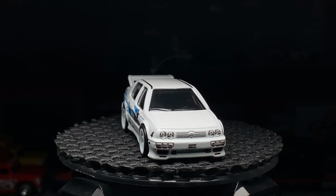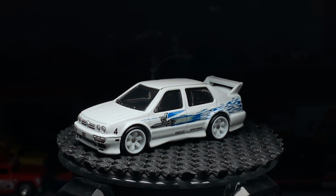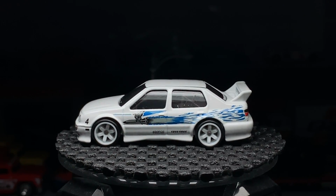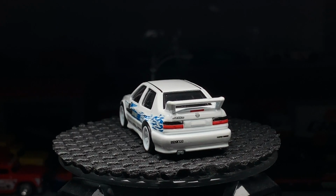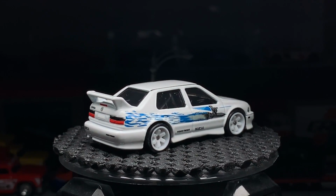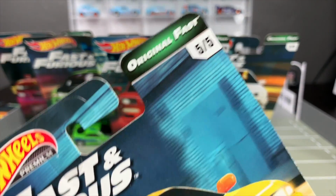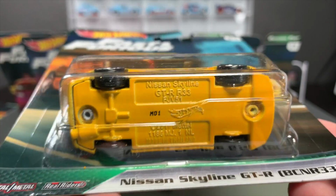I think these white rims, people are going to buy one to keep, and then maybe one to take those wheels off, because how many cars will that look cool on? Someone might put it on that HKS Skyline from Open Track, right? How cool would that look? That is the Jetta. And the last model, number 5 of 5, also debuting with the die-cast chassis, is the